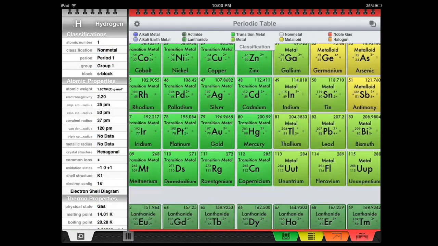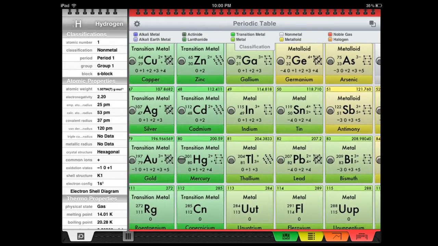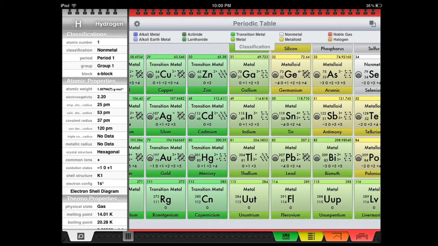So I just want to show you what happens when I zoom in. See, when I zoom in, the box that includes each element actually shows more. It shows you the structure. You see all these different numbers next to each element. That's very important when you're looking up an element. You want to find out more, and you want to deal with isotopes and things like that. Knowing this information really helps, and